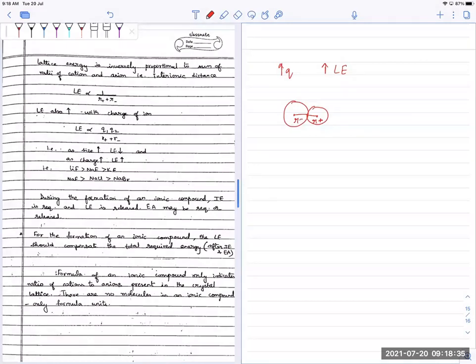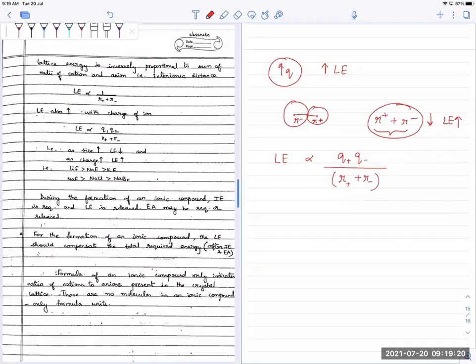So the distance between the species is R plus plus R minus. The smaller this distance, the more is your lattice energy. So it's inversely related to the distance between them and directly related to the charge. Overall, the lattice energy formula depends on the charge of the cation times the charge of the anion, which comes from electrostatics, so it looks very similar to one of the formulas we've done before in atomic structure, divided by the distance between them, which is the cation plus anion distance.